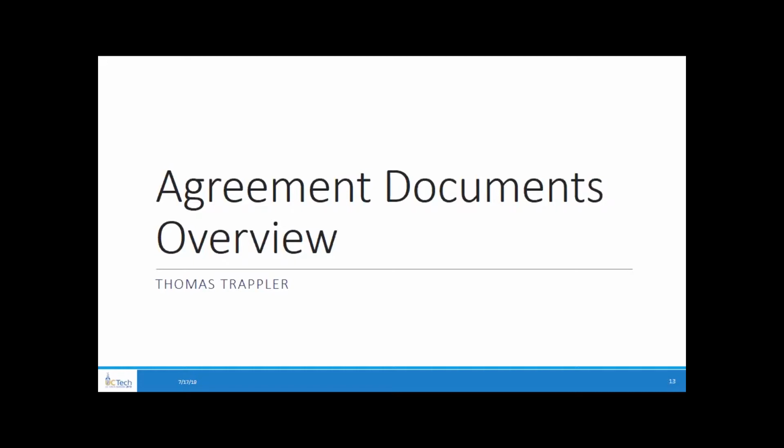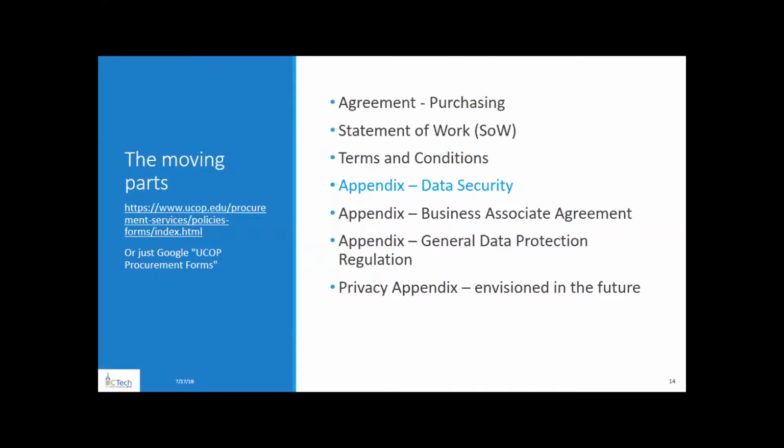It's good news. So I just want to talk a little bit about how Appendix DS fits into the larger procurement document space, right? And you'll see as we go through, it's largely set up to be very modular. So it can be done on a case-by-case basis, but there's a lot of pieces to this puzzle, and Appendix DS doesn't exist in a vacuum, right? So at a high level, there's a package of 7 documents. I'll call that last one a vision at the moment, where we have the overarching agreement, statement of work, which talks about the deal points, terms and conditions, which is more legalese, Appendix DS, which we're talking about today, Appendix Business Associate Agreement, when PHI is involved, Appendix GDPR, General Data Protection Regulation, for when European subject data is involved,